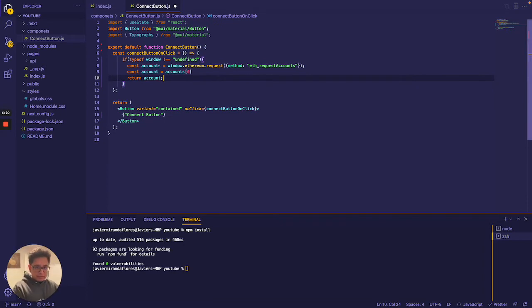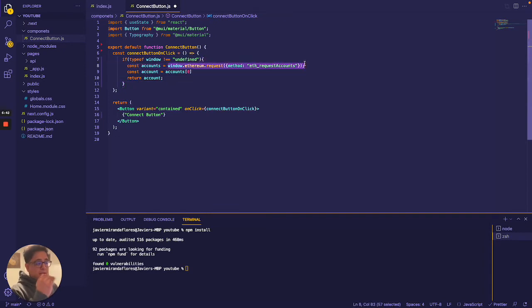So this isn't done yet. Don't go ahead and save this. The problem with this is a couple of things. This function window.ethereum.request is an asynchronous function, or what that means is basically it returns the data at a different time than when you request the data. And so when I run it,